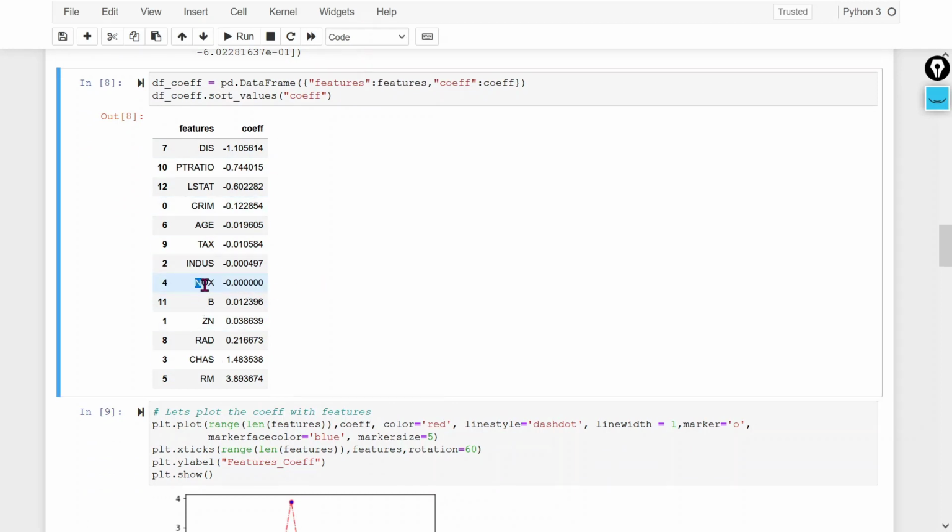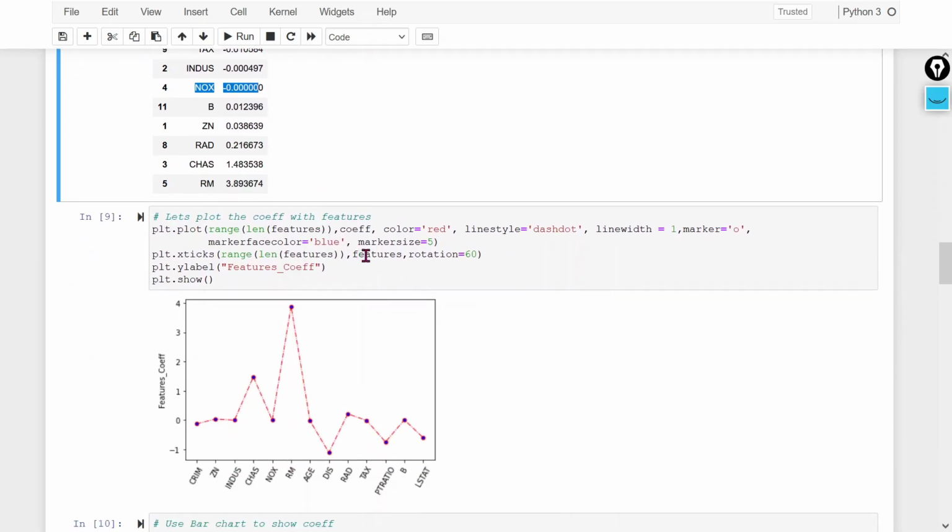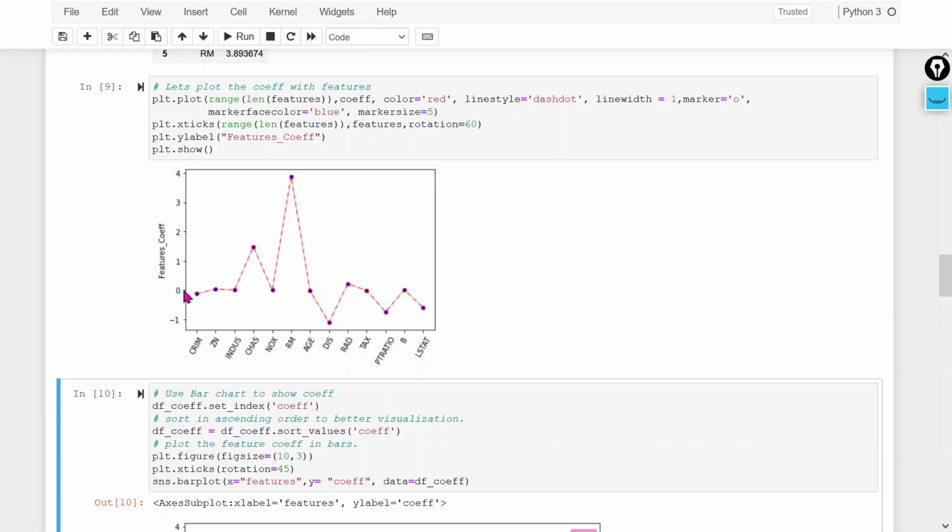It means this particular feature has less significance in the model prediction. That's why the coefficient is 0 for this variable. So let's visualize this. If you see here, the corresponding 0 feature coefficient, it means this particular nitrogen oxide, right? We can easily visualize this and we can easily check.